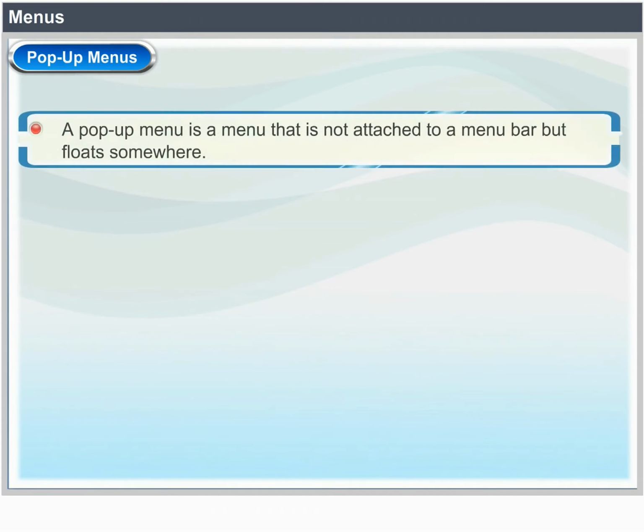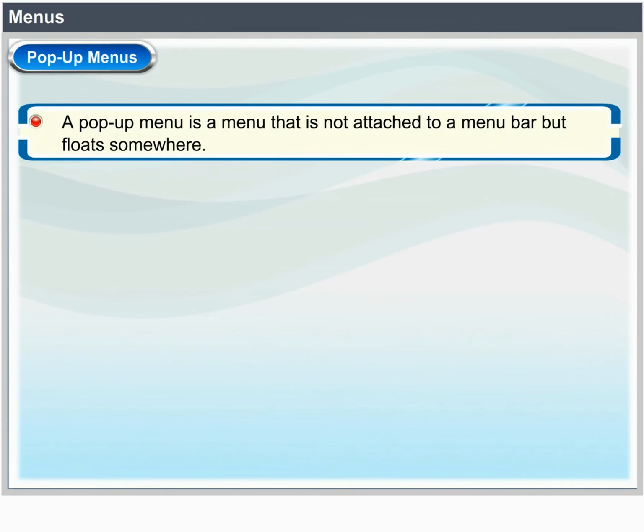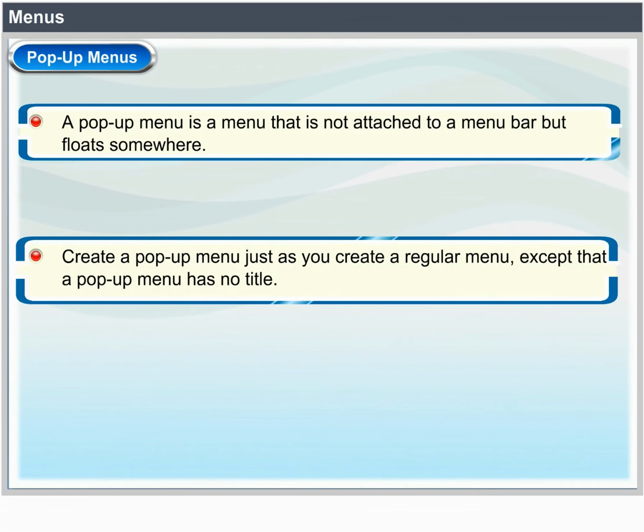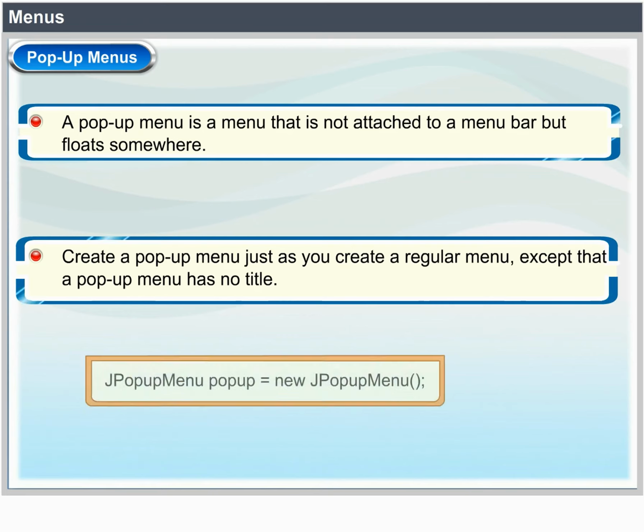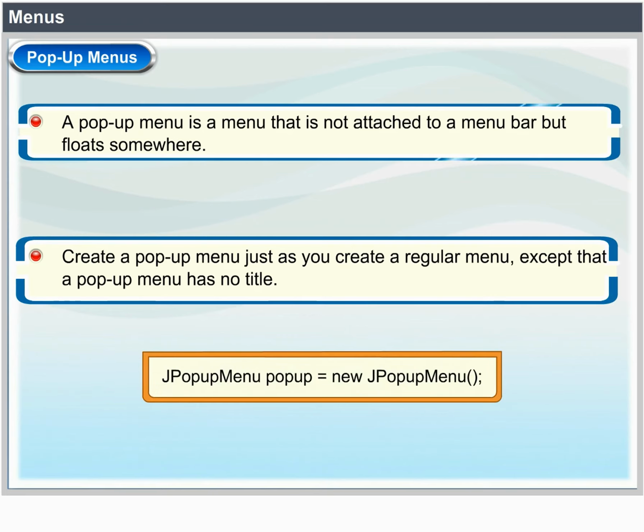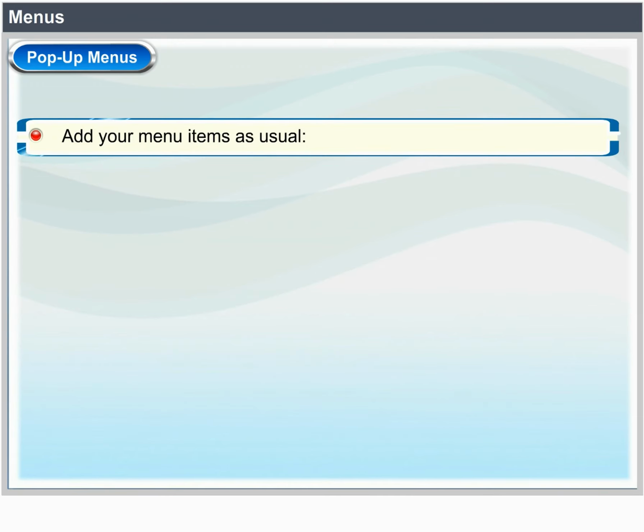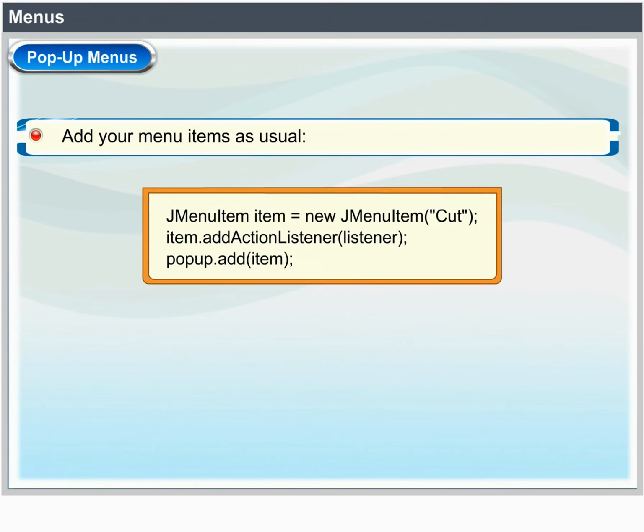Pop-up menus. A pop-up menu is a menu that is not attached to a menu bar but floats somewhere. Create a pop-up menu just as you create a regular menu, except that a pop-up menu has no title. JPopupMenu popup = new JPopupMenu(); Add your menu items as usual. JMenuItem item = new JMenuItem("Cut"); item.addActionListener(listener); popup.add(item);